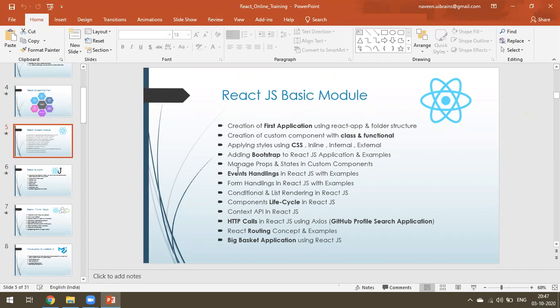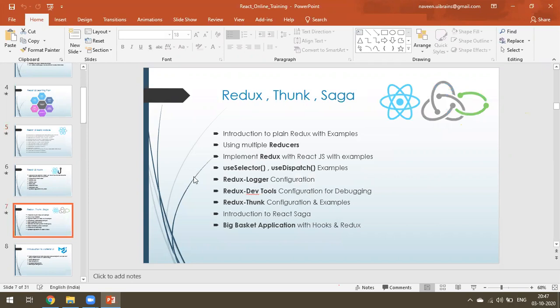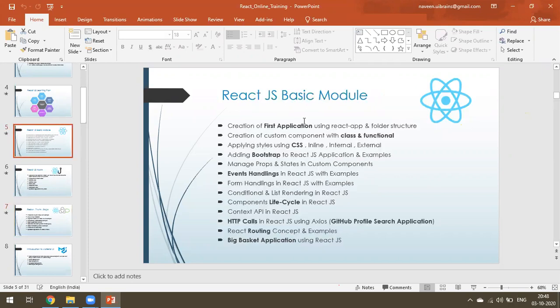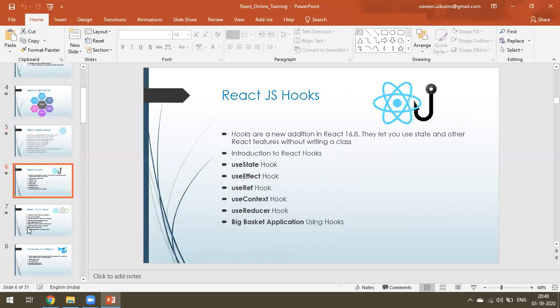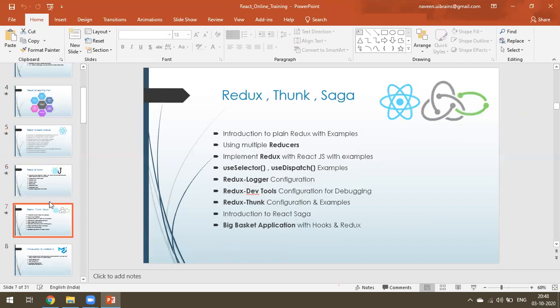So in every concept we have discussed here, Redux is involved. Once you have done that, again by clubbing every concept, we will also discuss the big basket. So this module gets covered in the big basket. So now you have clarity on how to use all the concepts and how to develop this full stack using class-based components, using hooks, and using React plus hooks.